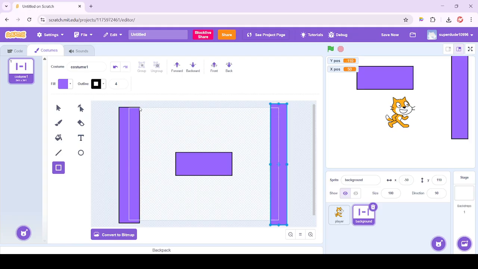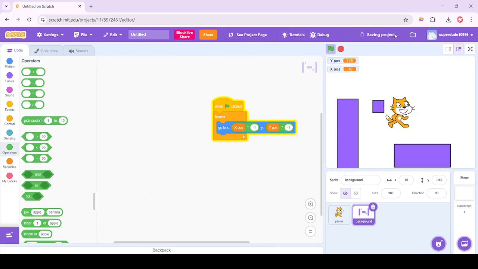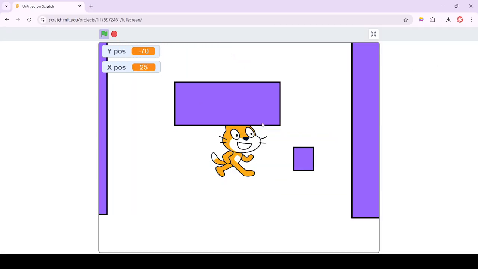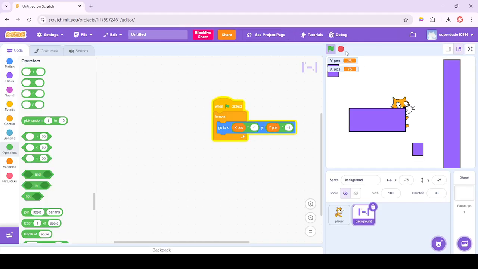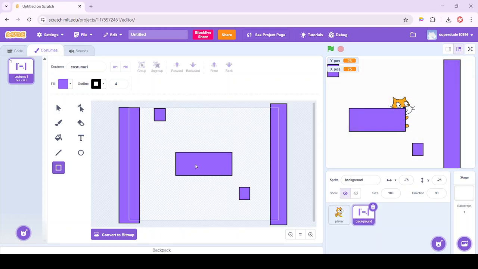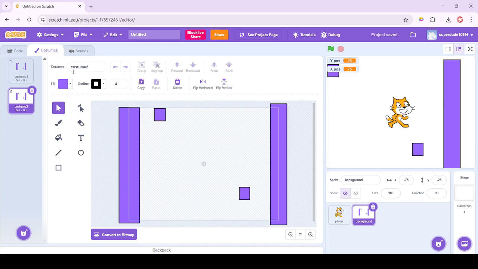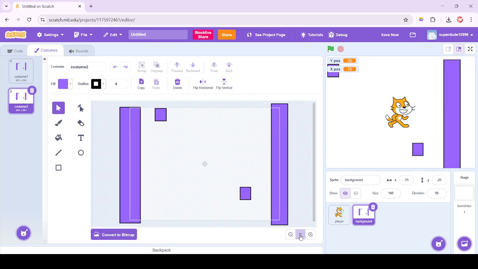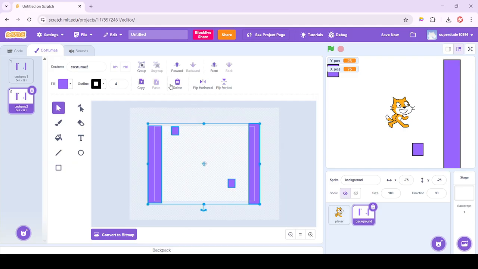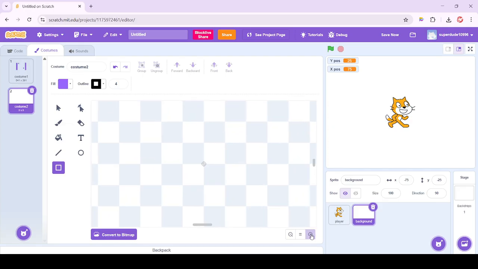But in this case, I could just have, like, a couple of just boxes around. We're just going to do that. So now we have this wonderful scrolling background. Here, we're going to remove this middle box. And we're going to create a new costume for this sprite. We're going to delete all of this, and we are going to zoom in a lot. Then we're going to make a